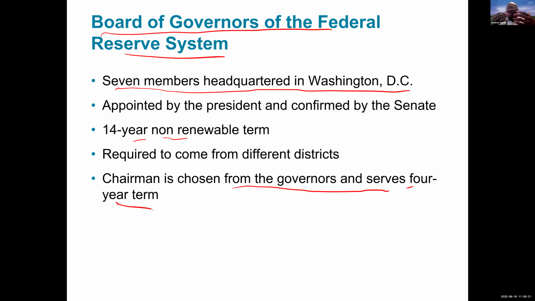He was appointed by George W. Bush, President Bush, and his term was renewed by President Obama. Okay, and a president can refuse to renew. The chair of the Fed may or may not serve 8 years. Okay, like Janet